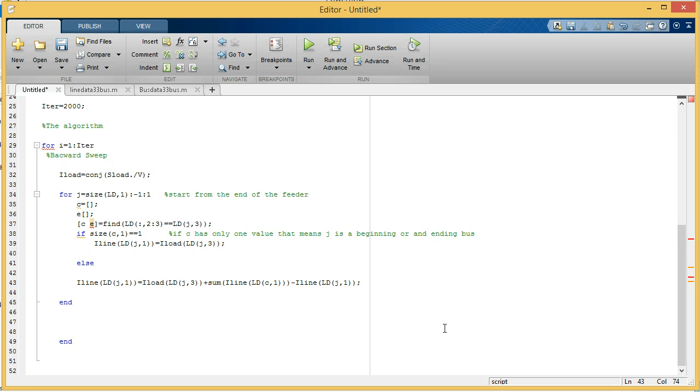So let's go back to the forward sweep, and I need to write an end here for that if. Okay, so the forward sweep, and here we start from the beginning of the feeder and we go to the end of the feeder. Okay, so for J that is equal to 1 until the size of LDM 1,